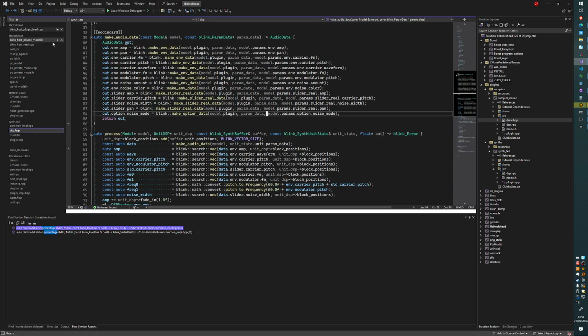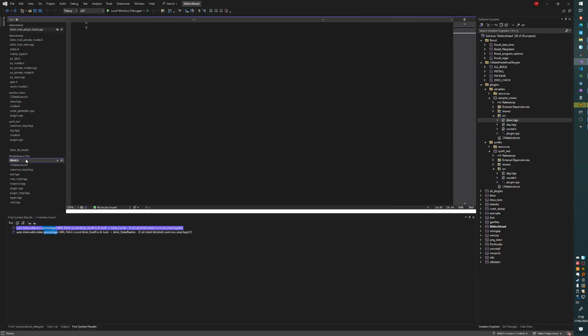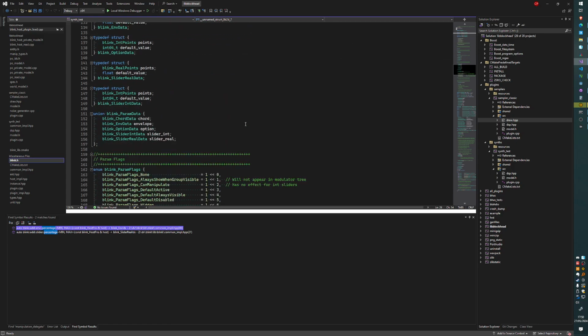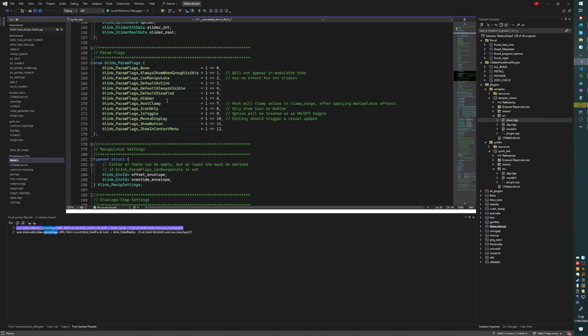So there's actually a flag in the interface, one of the parameter flags, which would be moves display. The pitch parameter by default has this moves display flag set, because it's a parameter which, when it changes, the host will query the plugin for a visual update on the waveform. Anyway,